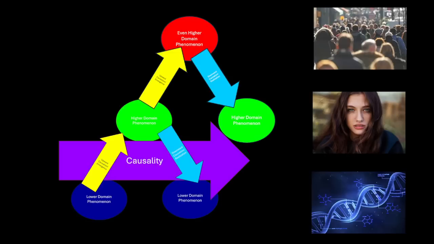So at the lowest level here, and again, these are kind of arbitrary because we can create a whole bunch of levels in between DNA and a person. But in this diagram, the lowest level is DNA. So DNA can give rise to a person. Your DNA is a molecule, and through that molecule doing what it does, it can give rise to a person. And many of that person's traits will have been determined by their DNA. So for example, this girl has blue eyes. That was determined by her DNA. So that's upward causation. The DNA at the lower level gave rise to a phenomenon at the higher level, i.e. her eye color.